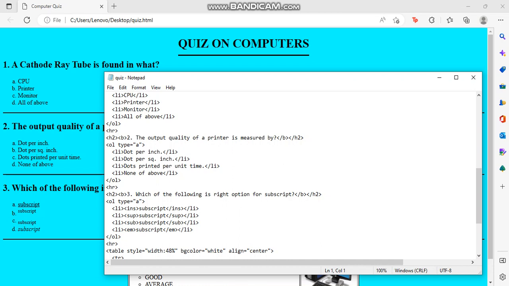Then we have a sub tag. Then you can see there is a text which is basically below the normal line. For this, we are using subscript tags. In this tag, text appears half a character below the